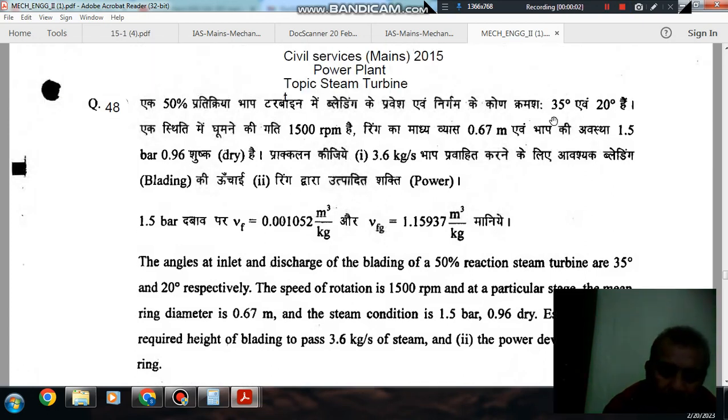Hello, welcome again. We are solving some conventional questions of power plant. The topic is steam turbine. Question number 48 from Civil Services Mains 2015 is